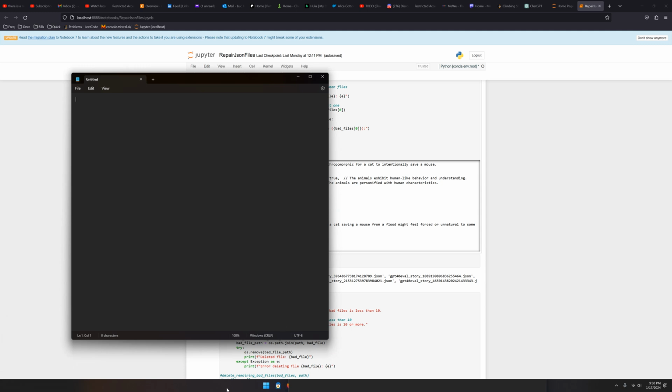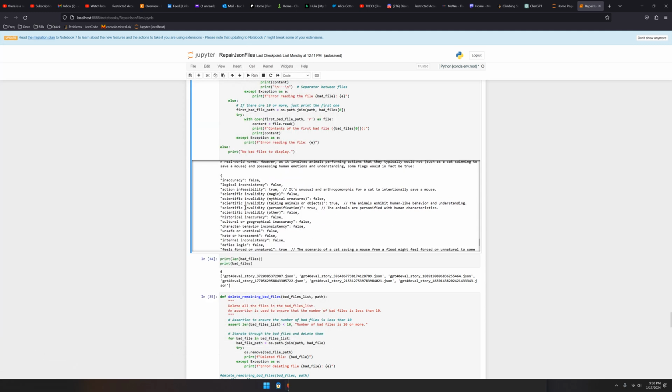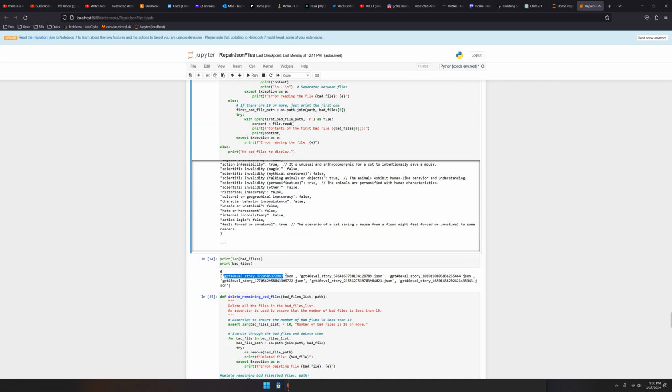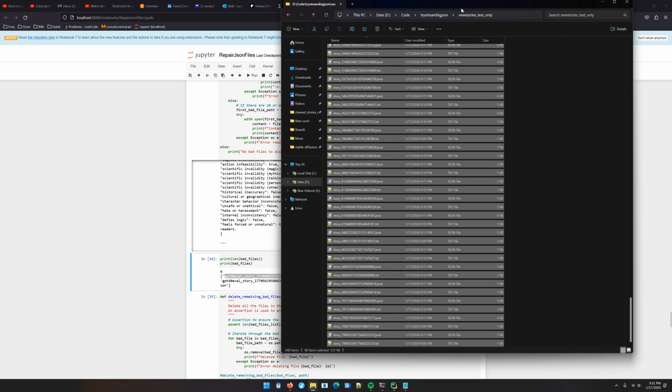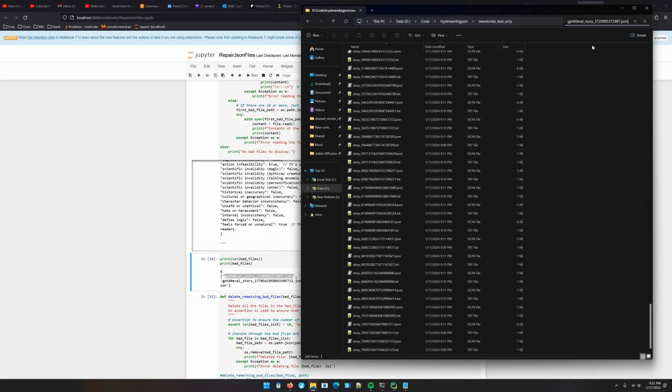So we're going to go Notepad and... interesting. It looks like GPT-4 was the one going off the rails. It just likes talking. That's what the problem is.